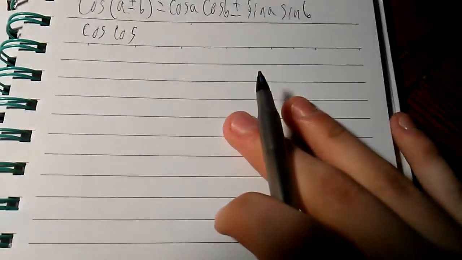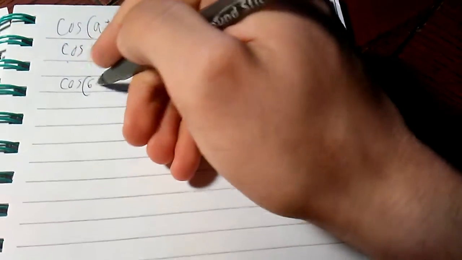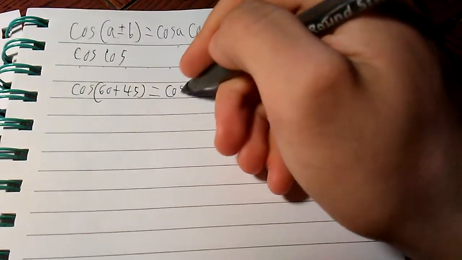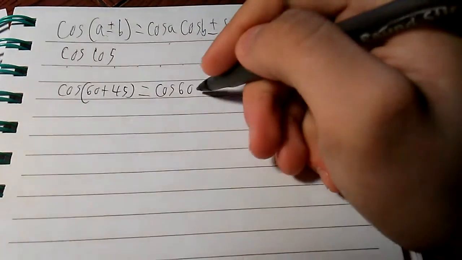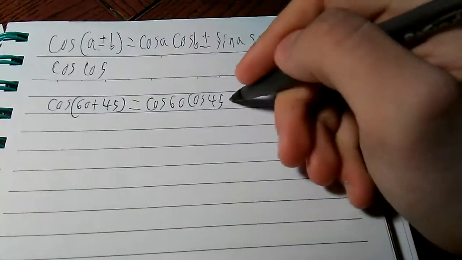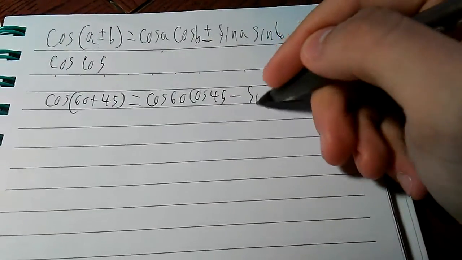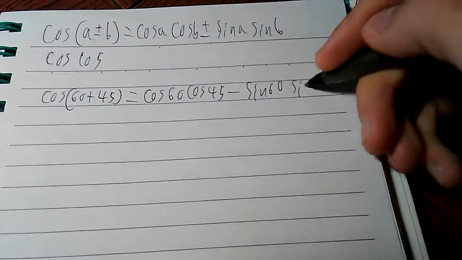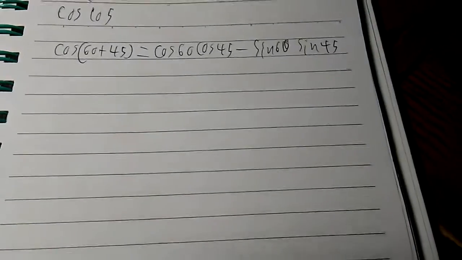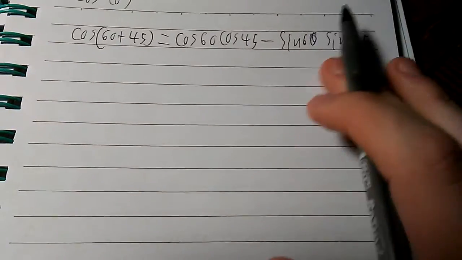So cosine of 105, we're going to split this one up into 60 and 45 degrees. So cosine of 60 plus 45 equals cosine of 60 times cosine of 45 minus sine of 60 times sine of 45. That is a 60, yes. And now using our unit circle, we're going to write all of this down in its proper form. So that becomes